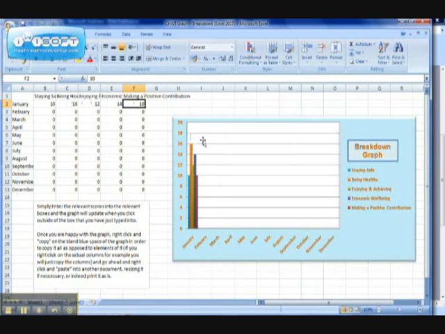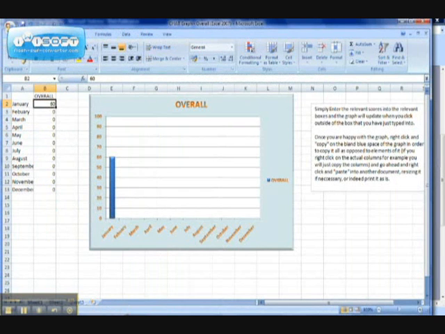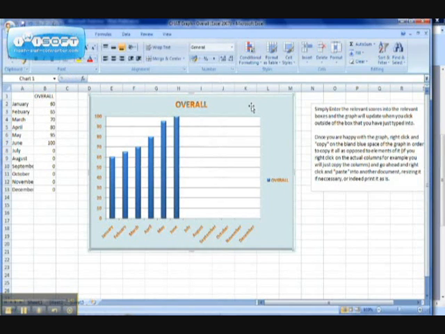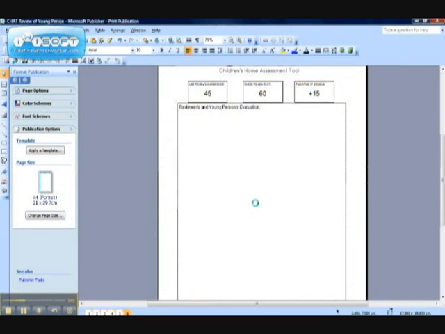So you go over to the breakdown graph, and I've already added these in. It gives you a nice visual on the different aspects of their lives, and we've also got an overall graph. So we've tallied it all up to 60. Next month you might get 65, the month after that 70, and so on, and you start to build a nice overall picture of their improvement over the year, and you can actually copy this graph and paste it into